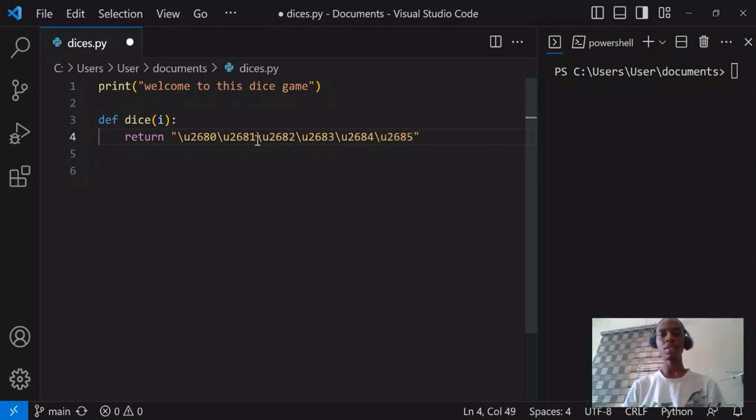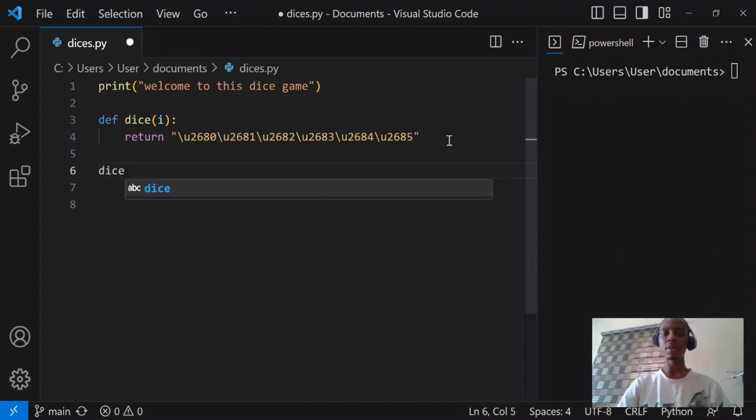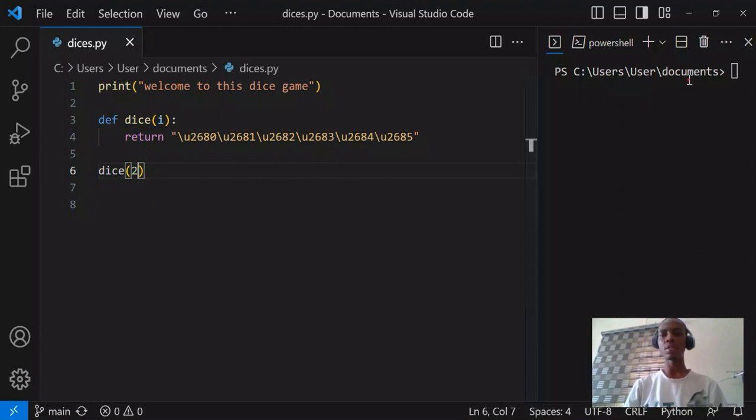then the sixth die. So once I call this program now, it's going to print all these for me. If I save this now and then call the function as dice, it has one parameter, so I'm going to pass in one argument. So if I say 2 and then run my program,